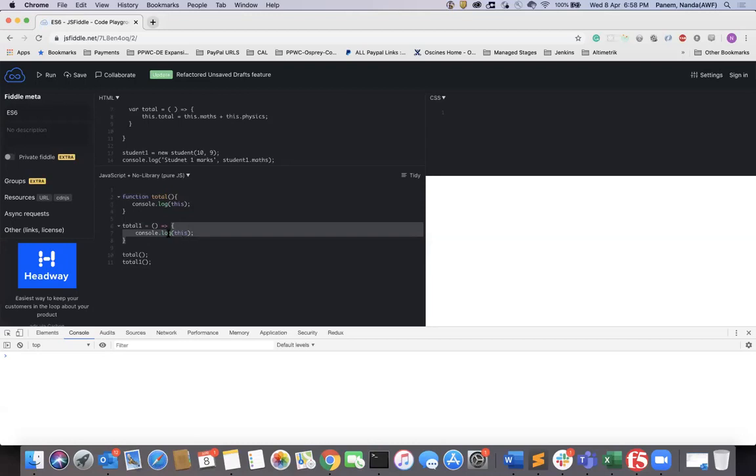Suppose this is a single line. You don't need to write the block. We can just remove these things and write everything in a single line. But with a normal function you can't do this. This is the shorthand for the function, the first feature.